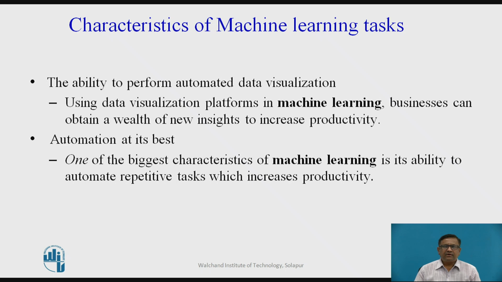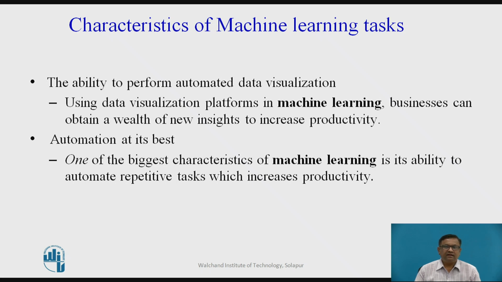Then we are going to study the characteristics of machine learning tasks. The important characteristic of machine learning tasks is the ability to perform automated data visualization. This is very important because a huge amount of data is there, and out of that, the characteristics of the data can be easily understood by using these machine learning techniques. So using data visualization platforms in machine learning, businesses can obtain a wealth of new insights to increase the productivity